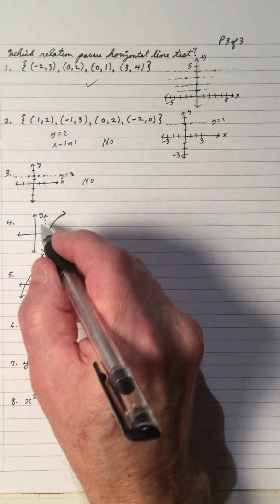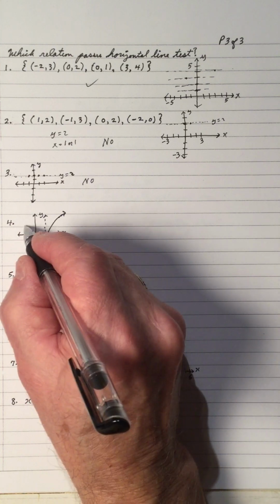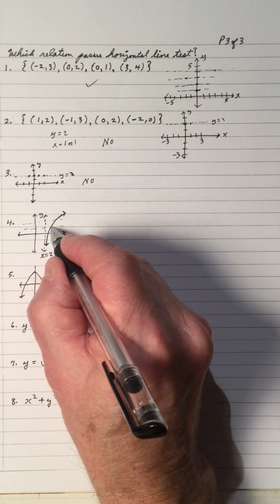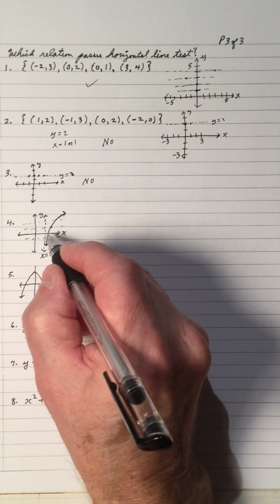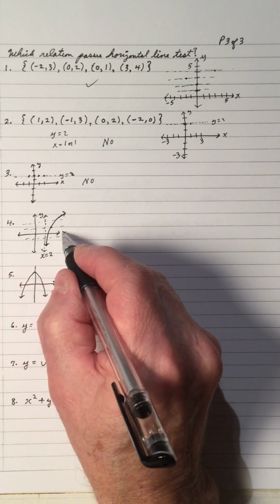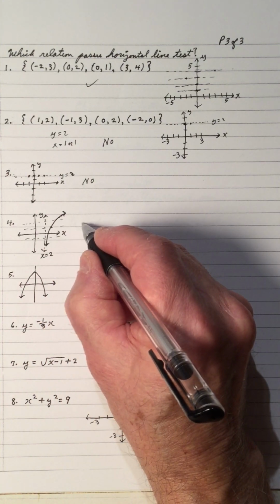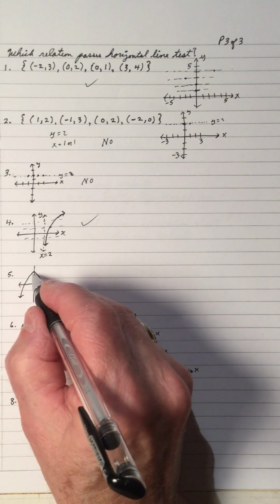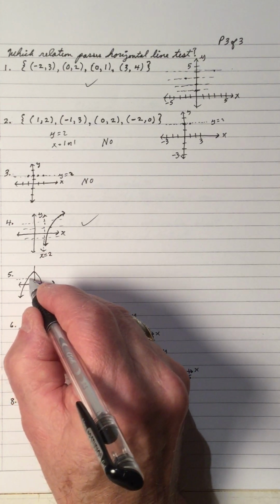Number 4, if you draw a horizontal line anywhere, it'll only pass through 1 point. No matter where you draw it, it'll only pass through 1 point. So for each y, there's only one x, or the horizontal line only passes through 1 point, so it passes the horizontal line test. Number 5, if you draw a horizontal line